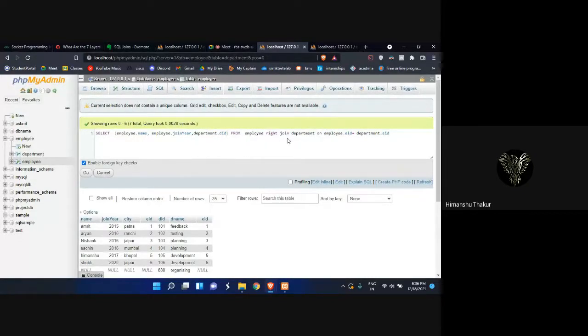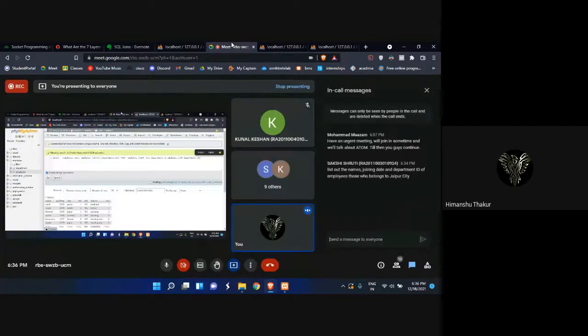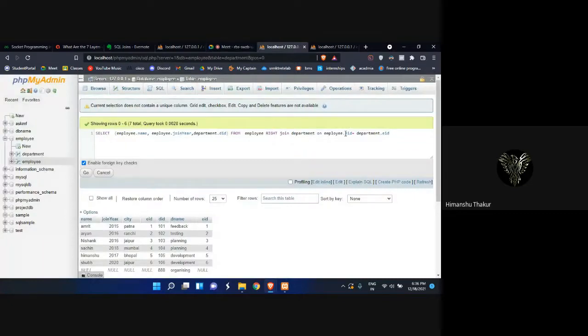From employee table, we will do it with inner join because I want to check for both the records. We can do it with right join as well. It doesn't matter. It will just return null for the values that we don't have, that we have not specified. On what is the condition? It is which belongs to Jaipur city. I will write the city as Jaipur. City equal to Jaipur.